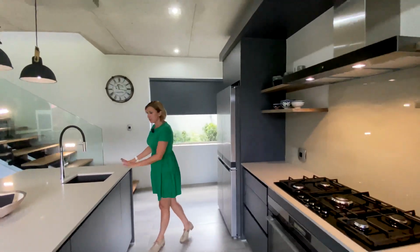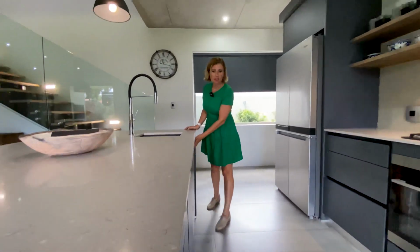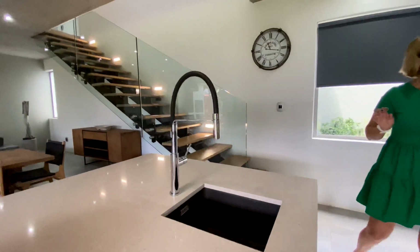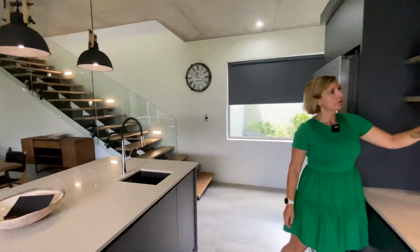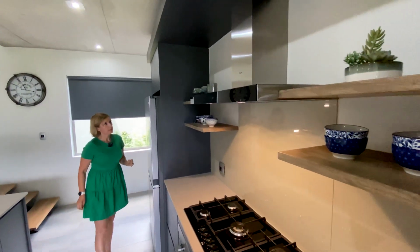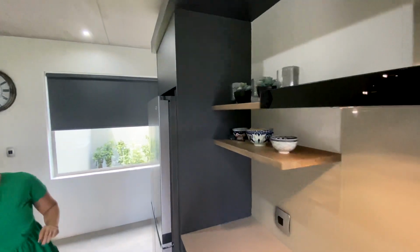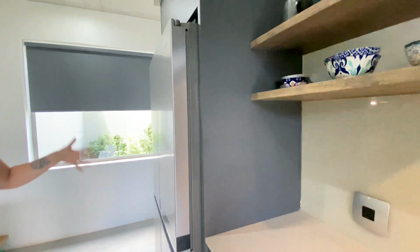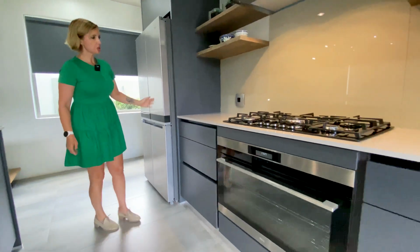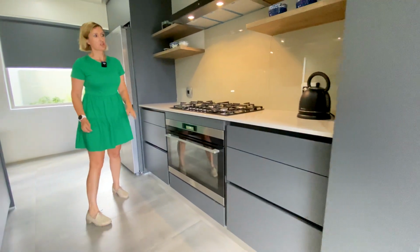They've chosen Caesar stone tops with charcoal cabinetry and just a touch of wood here and there. I really like the exposed shelving that you've got here, so you can really display your pretty bits and bobs in the kitchen. And they have plenty of space here for their double door, Whirlpool fridge, soft close cabinetry, and